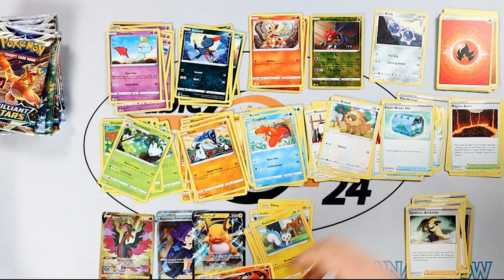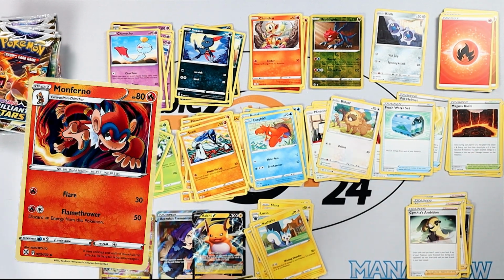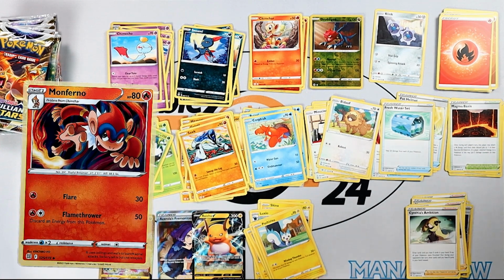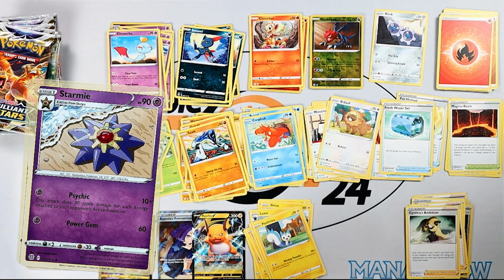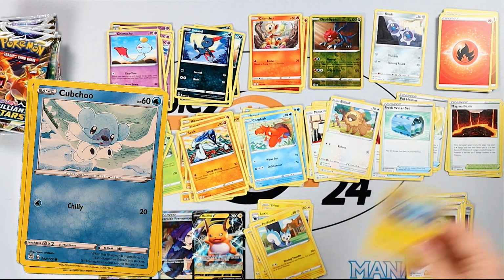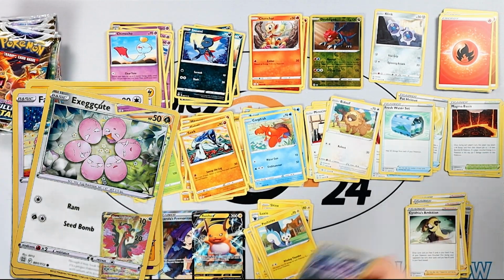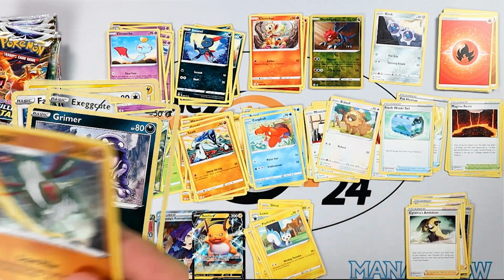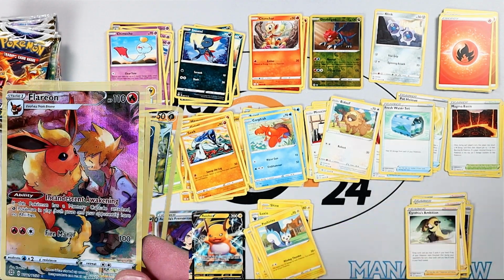Hey, Fire Energy and Monferno. So, quite nice. Stage 1, a Gloria. Search your deck for up to 3 basic Pokemon that don't have a rule box and put them into play. Then shuffle your deck. So, quite nice if you're running a single prize deck. Starmie, Cubchoo, Shinx, another one of those Farfetch'd, Exeggutor, Grimer, a Flygon, and a really, really nice